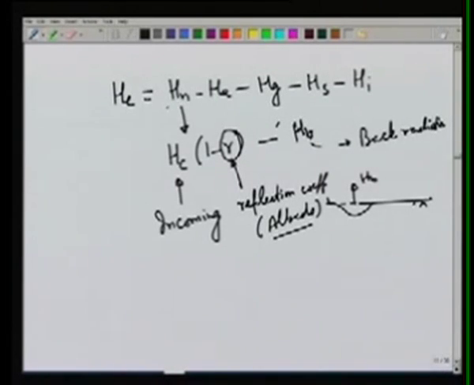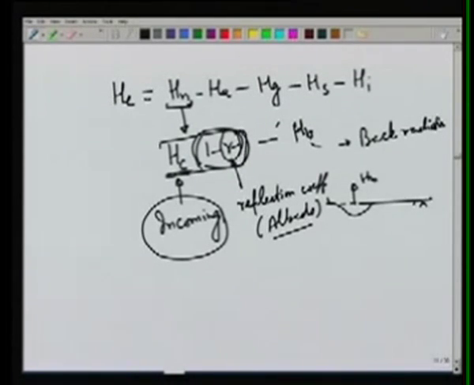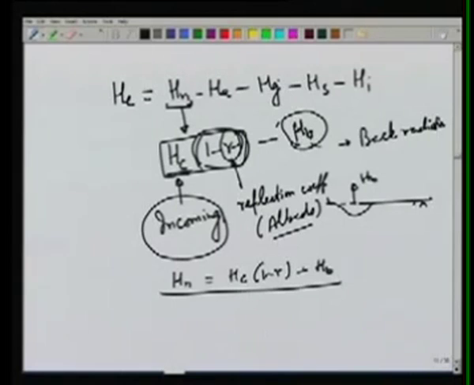So the net heat coming in or received by the water body can be written as incoming solar radiation, which we can obtain, 1 minus R. So this is the amount reflected, that means this is the amount which is absorbed, Hc(1 minus R), and out of that Hb is again radiated back. So this net heat inflow Hn is obtained as Hc(1 minus R) minus Hb. So Hn is easy to obtain.